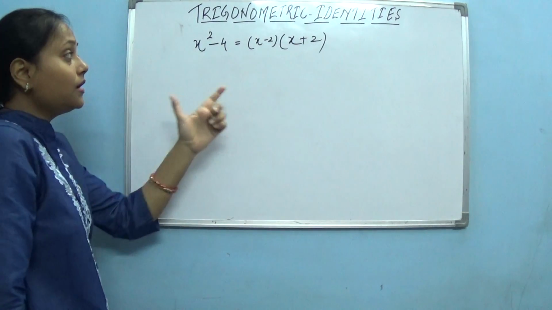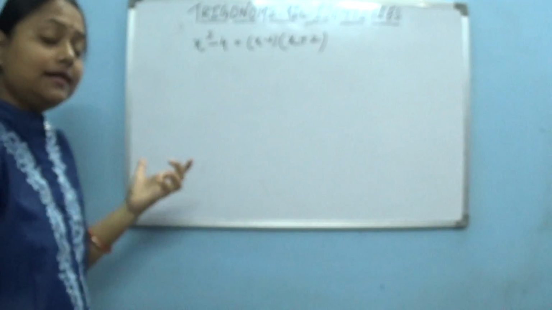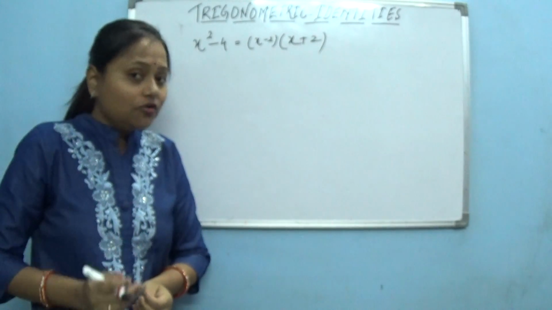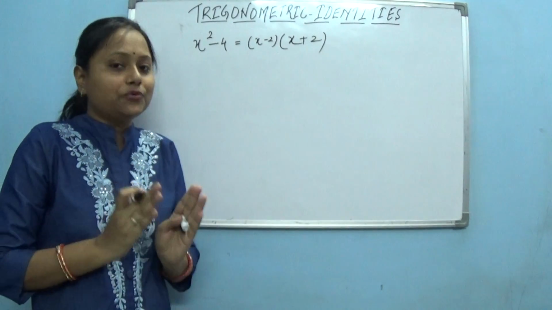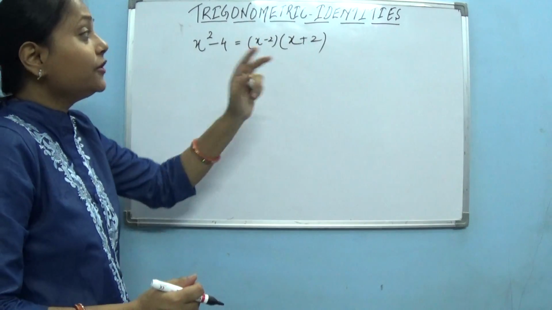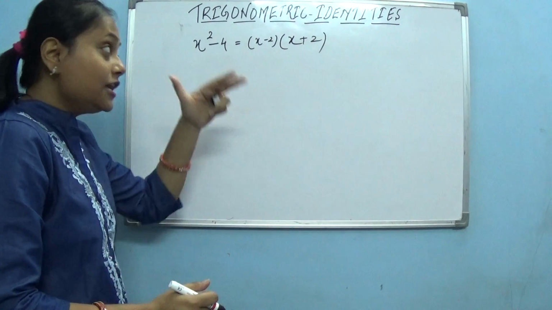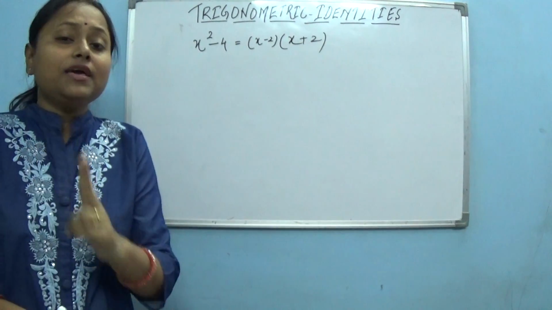Here I am talking about trigonometric identities. Trigonometric identities means when an equation involves trigonometric ratios of angle theta, and that equation is satisfied for all the values of theta, we can say that